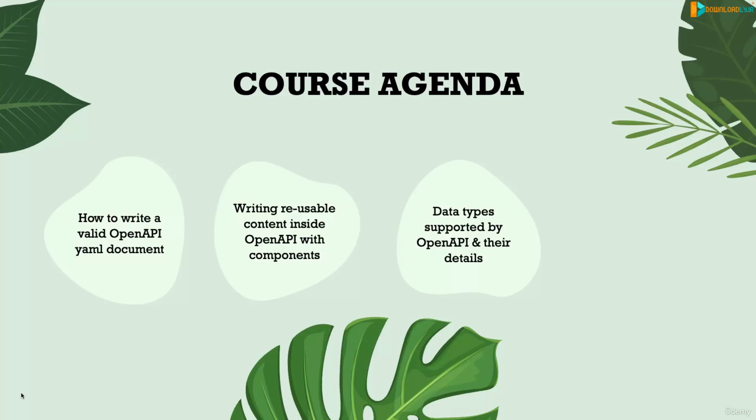And once we are clear about these data types, we are going to look into a super complex topic, which is inheritance and polymorphism inside OpenAPI, like how to use these concepts inside your OpenAPI specification so that you are following good standards or best practices while defining OpenAPI specifications. And by the time we are done with these advanced concepts, we will become masters of the OpenAPI